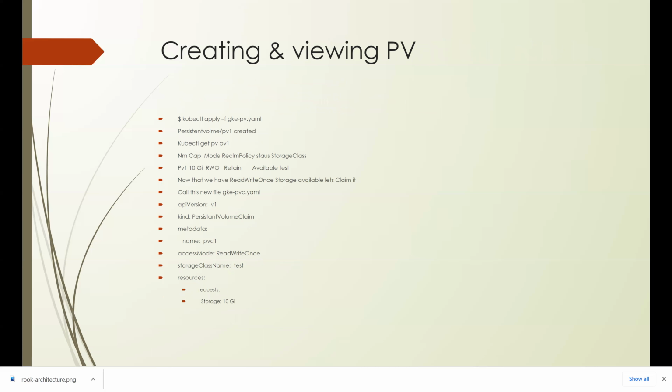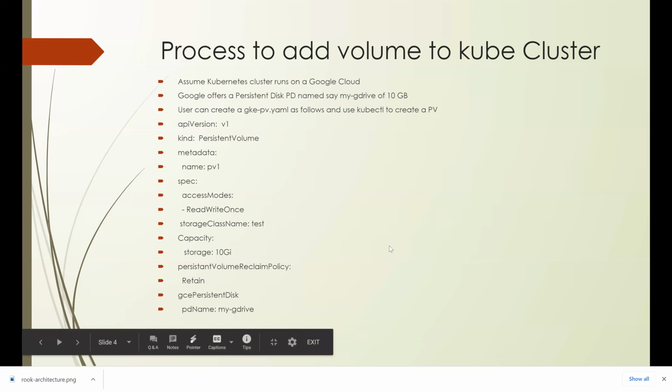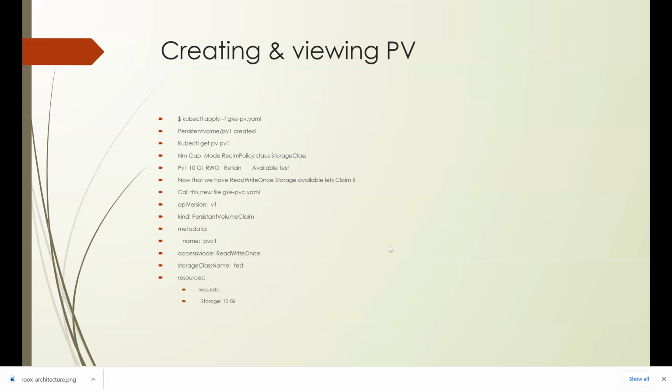Assume that we have kubectl, a command line utility, where we can say apply -f and feed into it the gke-pv.yaml, which we created earlier. Once you have the spec, you will be able to run this. It creates a persistent volume called PV1, based on the file fed to the kubectl utility, which applies it and creates the volume.